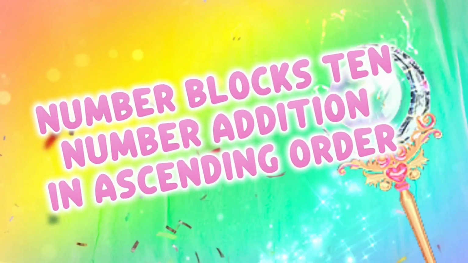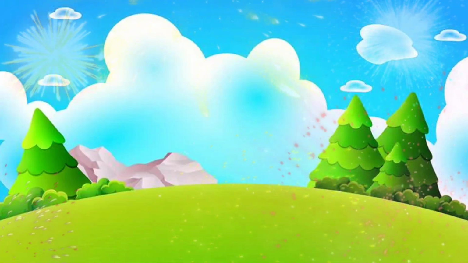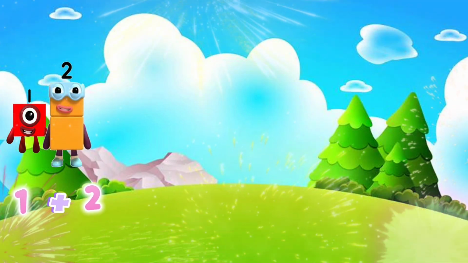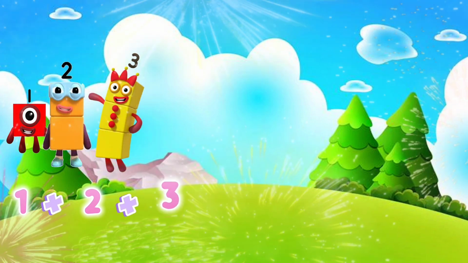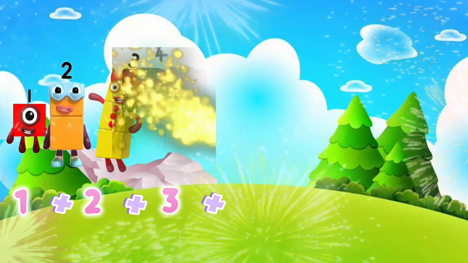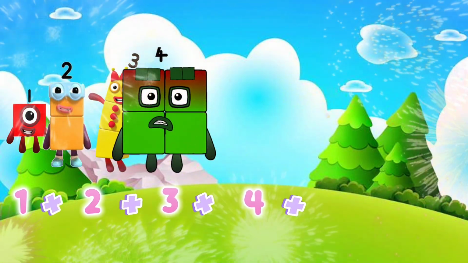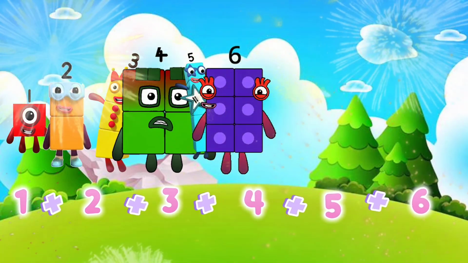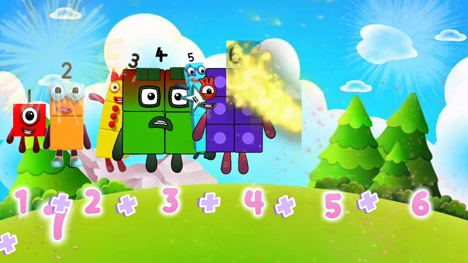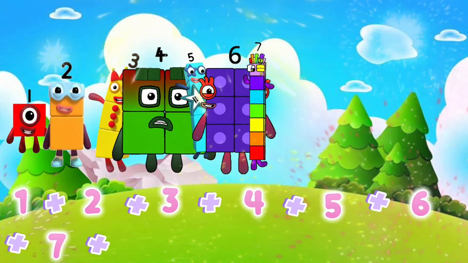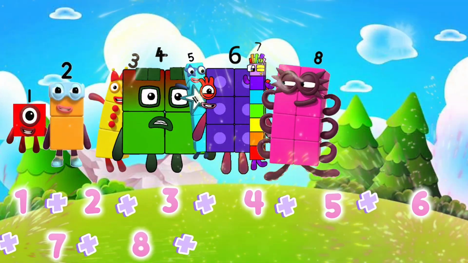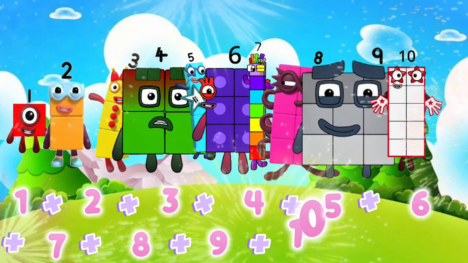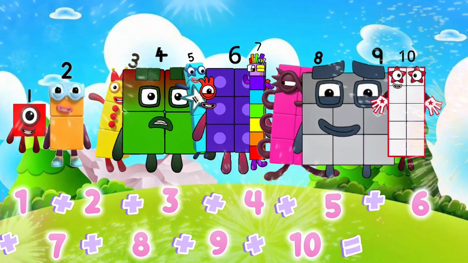Number blocks tell number addition in ascending order. 1. Last. 2. Last. 3. Last. 4. Last. 5. Last. 6. Last. 7. Last. 8. Last. 9 plus 10 is equals to